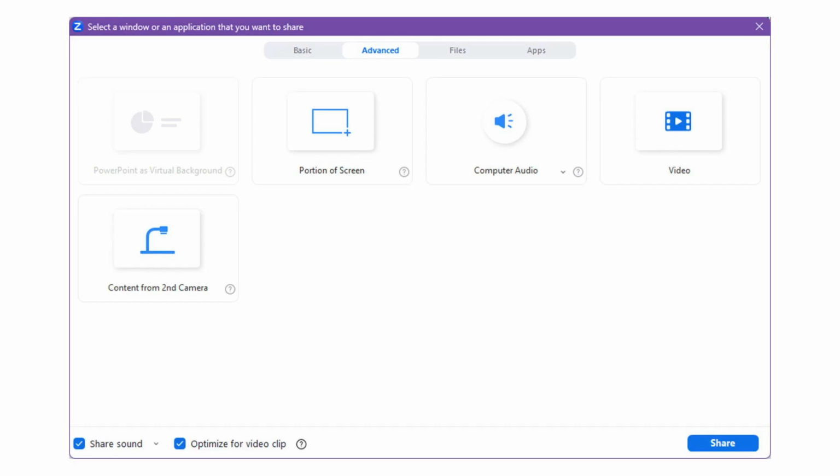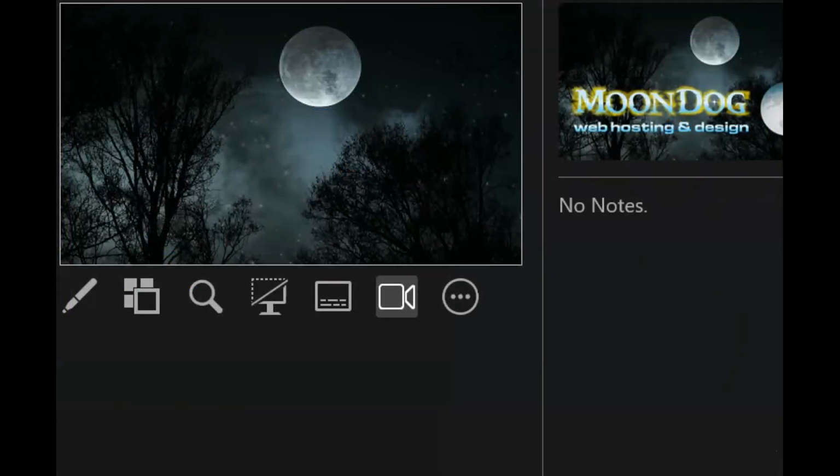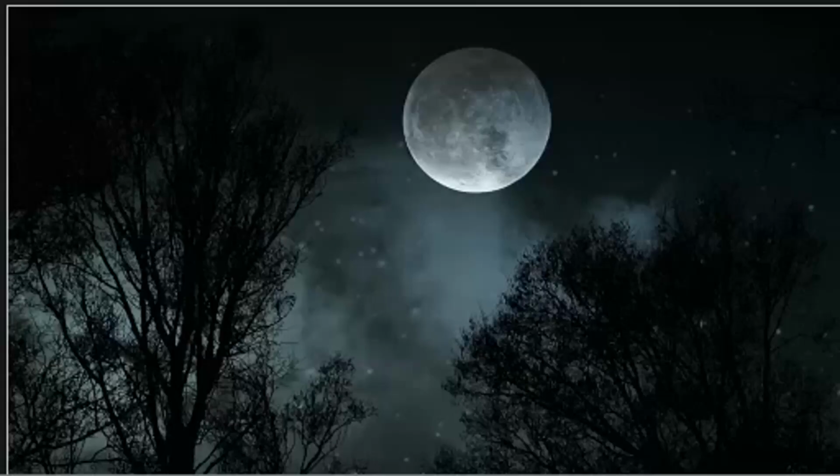So now I'm going to stop share, so imagine that I did that setup already. I'm set up, I got my presenter view. And now what I'm going to do, share screen, and I'm going to go to the advanced settings. There's an option called share a portion of your screen. So what I'm going to do, this is kind of tricky, but it's a good alternative, which is I'm going to select the precise area of the screen that contains the actual slide